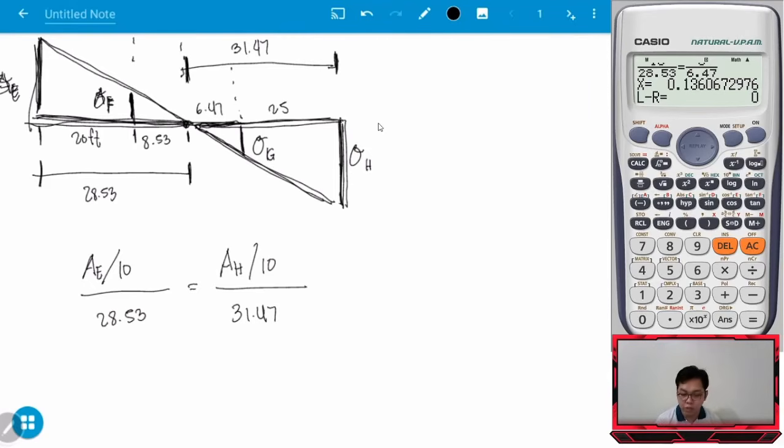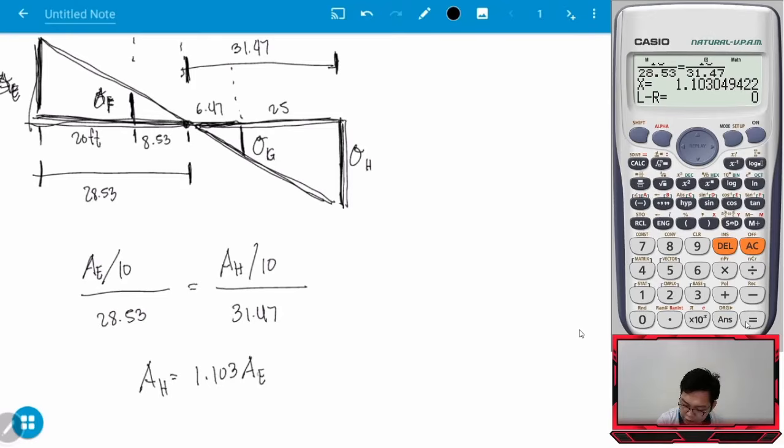Okay, now with this, guys, you can actually solve AH. So solve na natin yung AH. Sorry, dapat hindi ko na lang. So anyway, 1 over 10 over 28.53, then that must be equal to 1 over 10. X over 10 pala kasi hinahanap natin yung AH, X over 10 over 31.47. Okay? So masasolve natin yung AH which is 1.103